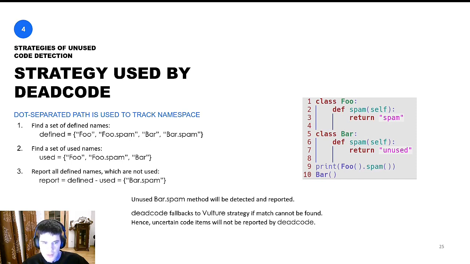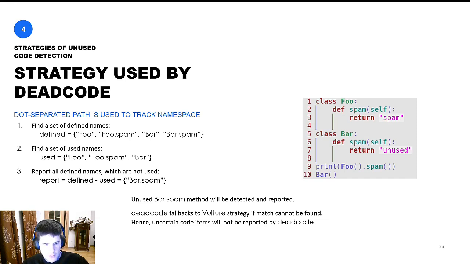As a second step, all used names would be detected that are foo, foo.spam, and bar. And as a third step, the difference between those two sets is found. And in this case, bar.spam is detected. So the unused bar.spam method